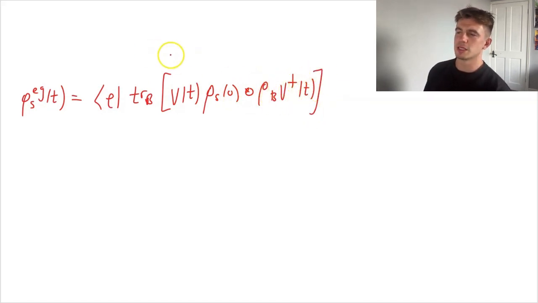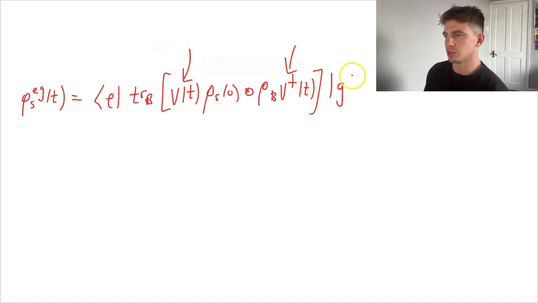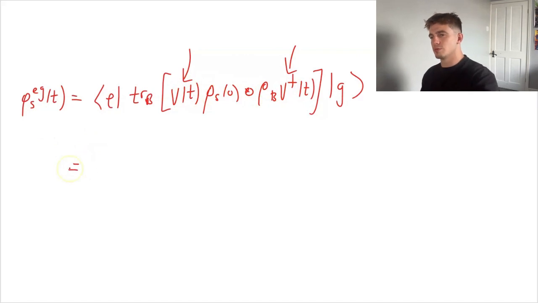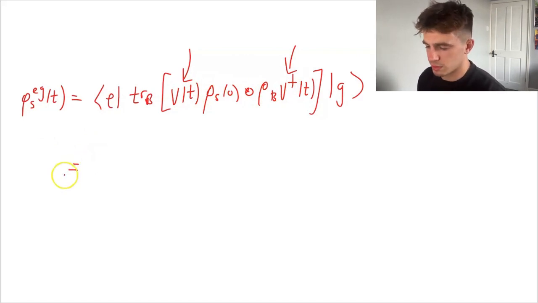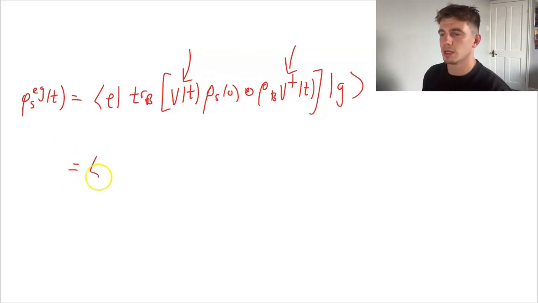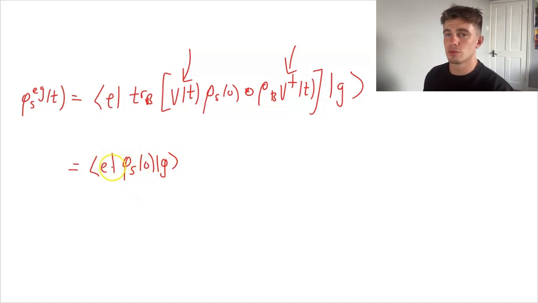And if we just insert the nice form of V of T and V dagger of T, then what we'll find is that this becomes something quite nice. So we still have the initial value of the EG matrix element, but it gets multiplied